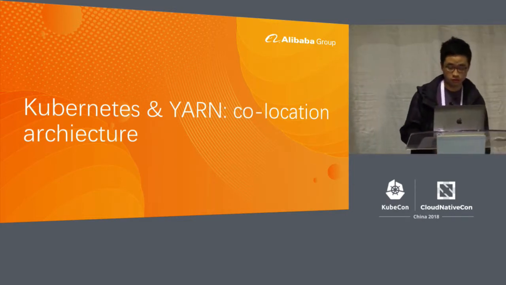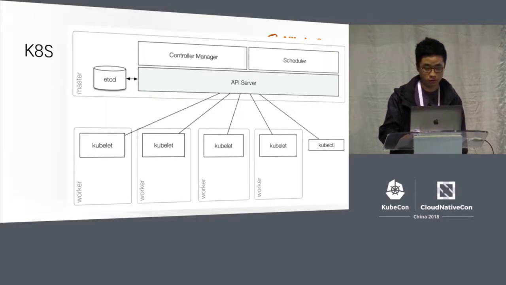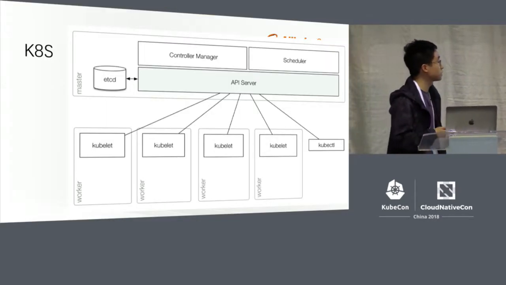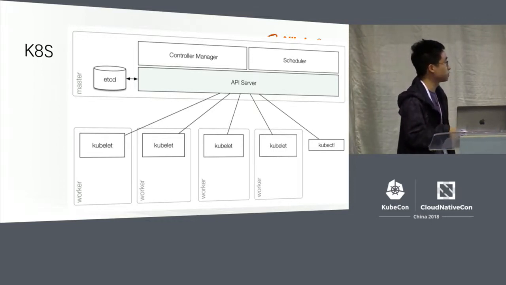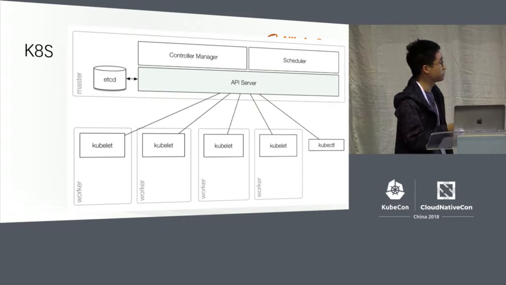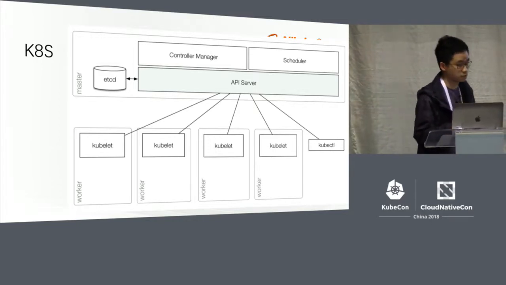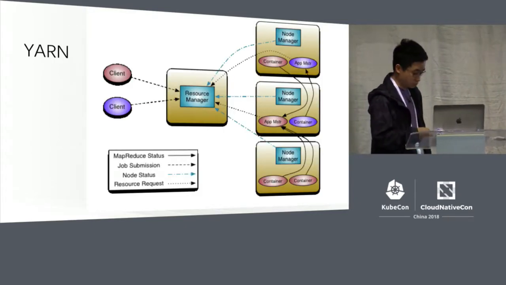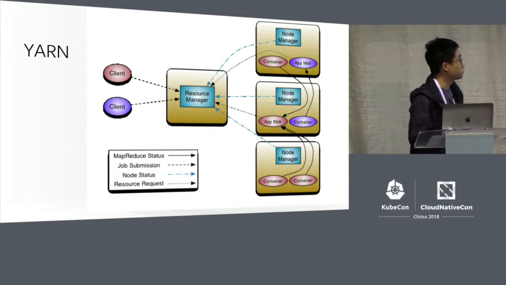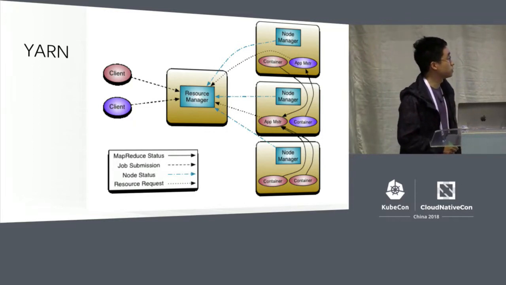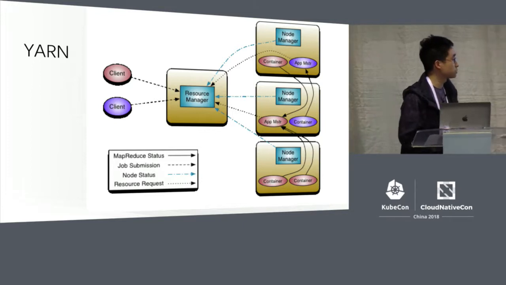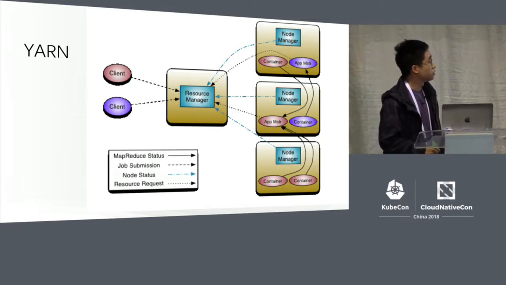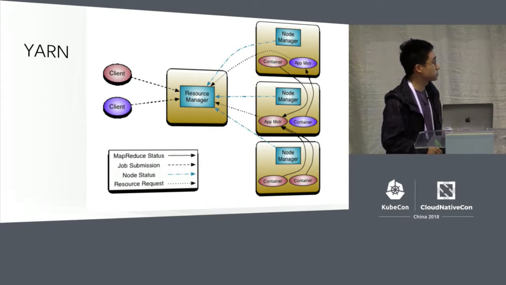Now the co-location architecture of Kubernetes and YARN. For Kubernetes, I won't go into details. Most of you must understand. You have a kubectl and send the command to the master to deploy the related pods. And for YARN, the structure is similar. The master in the middle is like the control plane of Kubernetes. And this is like the kubelet of Kubernetes. And it has an application master, a concept like the controller of Kubernetes.